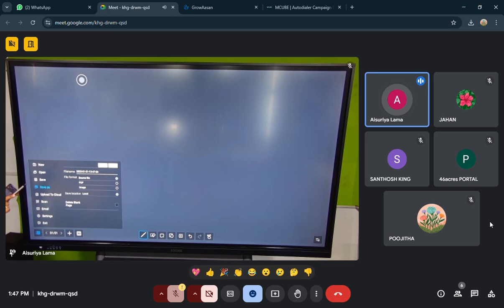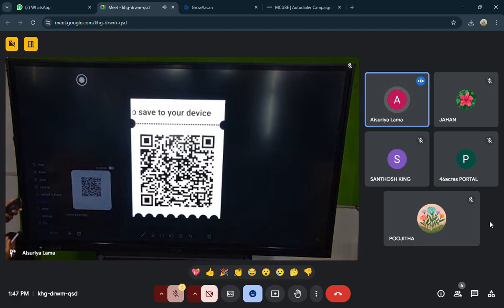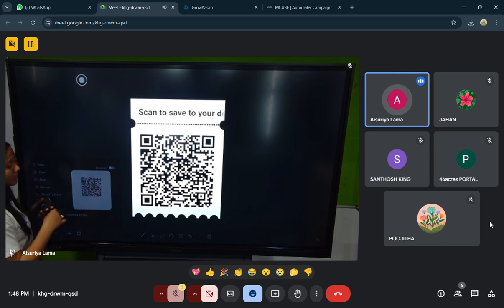You can also upload this entire session to cloud, and through cloud access you can share it. Then you have scan. Now you want to share this entire meeting or entire presentation, entire lecture with any of those students or any of the colleagues. So you can just directly scan this QR code. Once you scan this QR code, the entire presentation which you have taken, in around 14 to 15 to 20 to 25, however many pages, will go to that particular mobile phone or device from which you have scanned this. So you can scan this and get access to it.